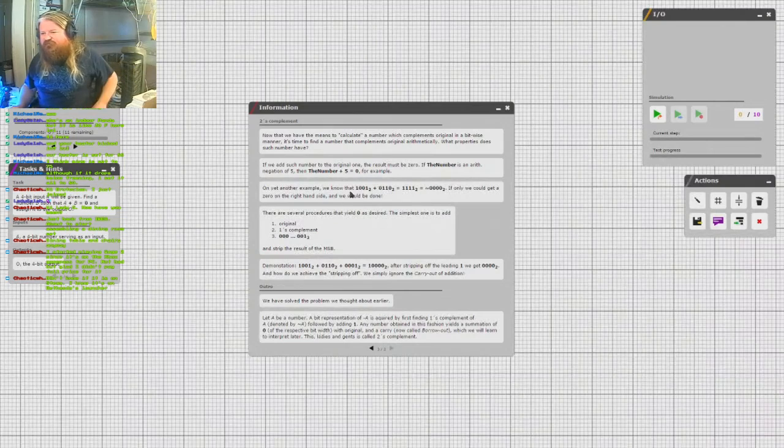On yet another example, we know that 1001 in base 2 plus 0110 in base 2 equals 1111 in base 2, which is the inverse of 0000. If we could only get a 0 on the right hand, then we should be done. There are several procedures that yield 0 as desired. The simplest one is to add the original plus the one's complement, and then